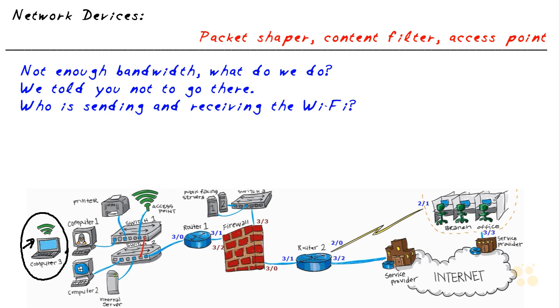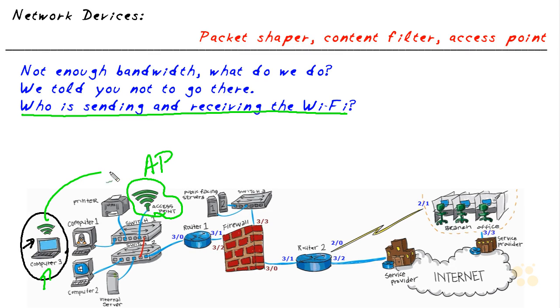However, it is important to know what device on the network is sending and receiving that Wi-Fi that allows this customer to connect. And the answer to that is something called an access point. The acronym for an access point is simply AP. An access point would generally connect into a switch, so there's a wired connection from the switch to the access point. And the access point is responsible for the sending and receiving of these radio frequencies so that devices like Computer 3 can associate with an access point, authenticate, and get